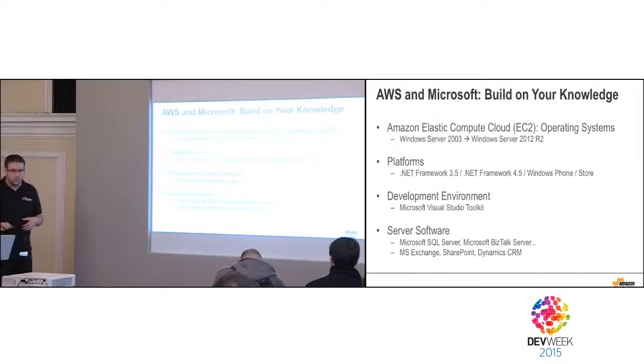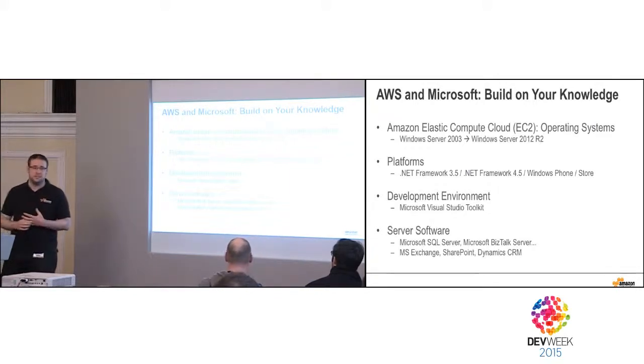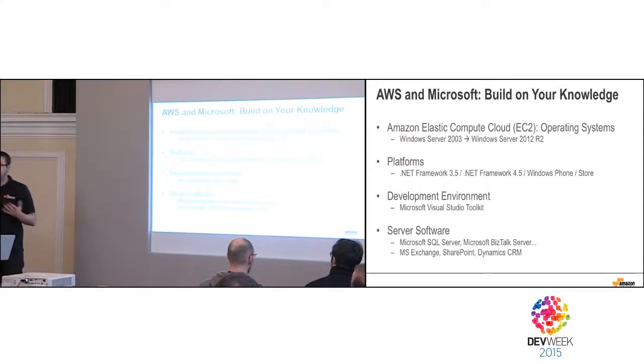So what's with AWS and Windows, because it's a specific talk about Windows. The goal of using AWS when you have Windows or .NET or any kind of development is you can build on your existing knowledge. So you can use the same OSs you've been using from Windows Server 2003 up to Windows 2012 R2. You can choose from a large set of images, or you can even import your own existing images. So let's say you have made some customization to the OS and you want to keep them, you can also import them.